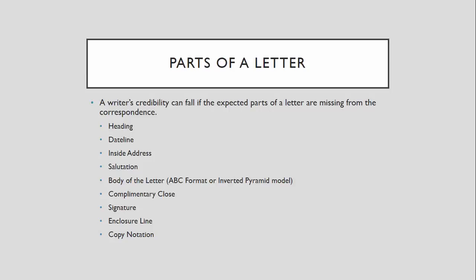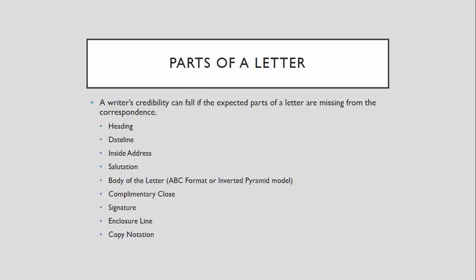With copy notation, it's kind of like when you open up an email and you see the CC colon, where you can copy someone else on the email. It's the same type of concept. If you're writing a letter and you want the recipient to be aware that you are sending that same correspondence to other people, then you would just do that as you would in an email. You would put CC colon and then state the names of the people that this same letter is also going to. Typically in our class, with few exceptions, you probably won't need to use copy notation,